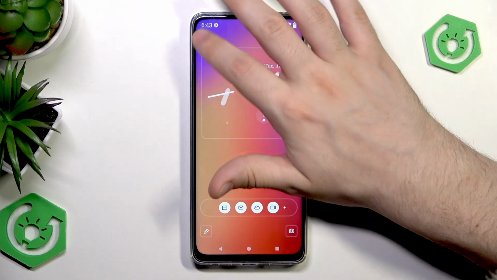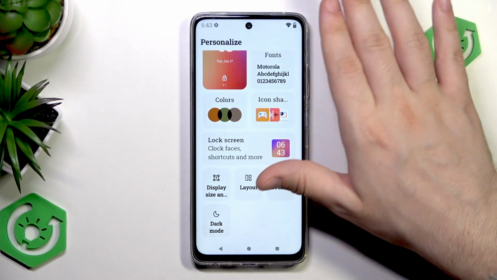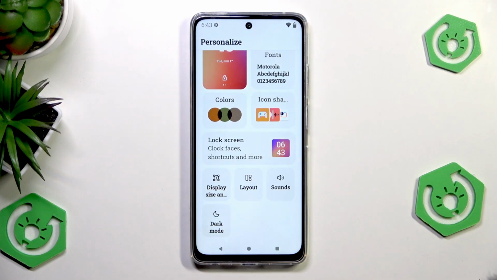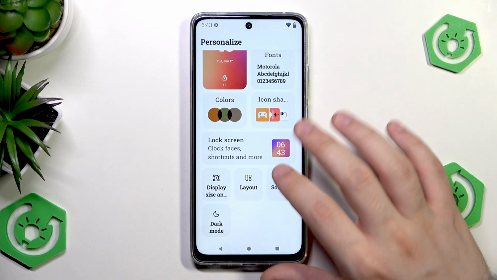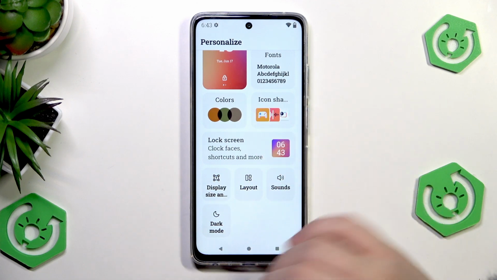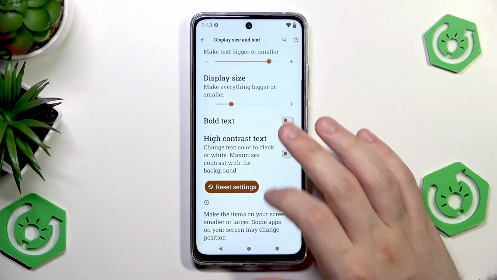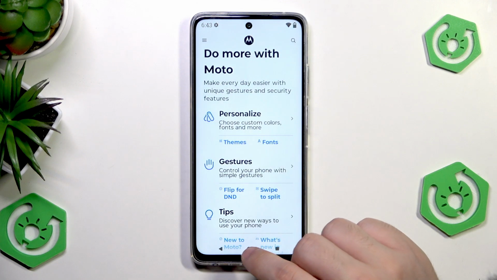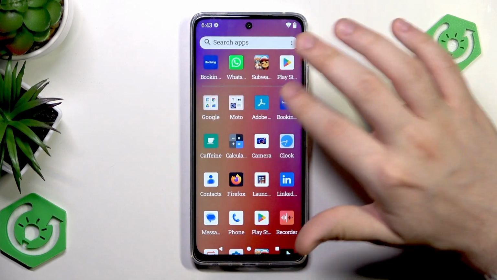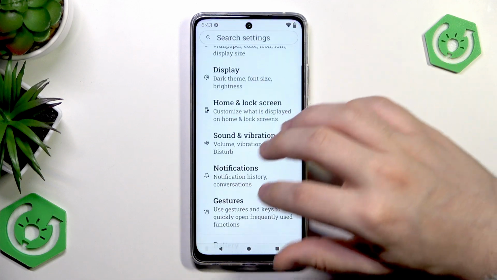Okay, so I'll leave it to you to play with all of those personalization features. Below we can also change the layout and the dark mode, for example. Alright, so that when it comes to the personalization, also first we can open up the settings, and in here